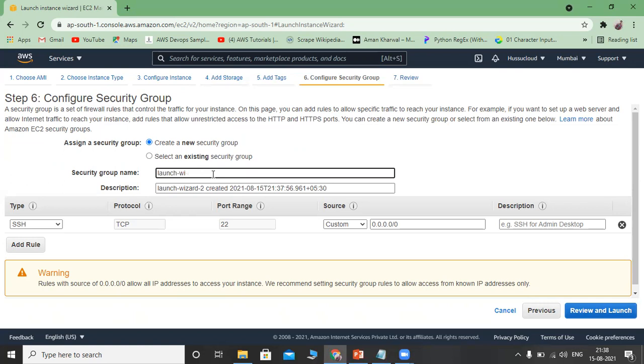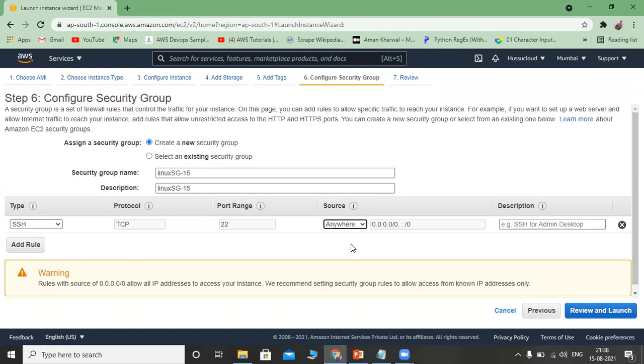Launch. So I will name it as Linux SG, Linux security group with today's date. I'll provide the same name here, Control V. So SSH port is opened. I will access anywhere.